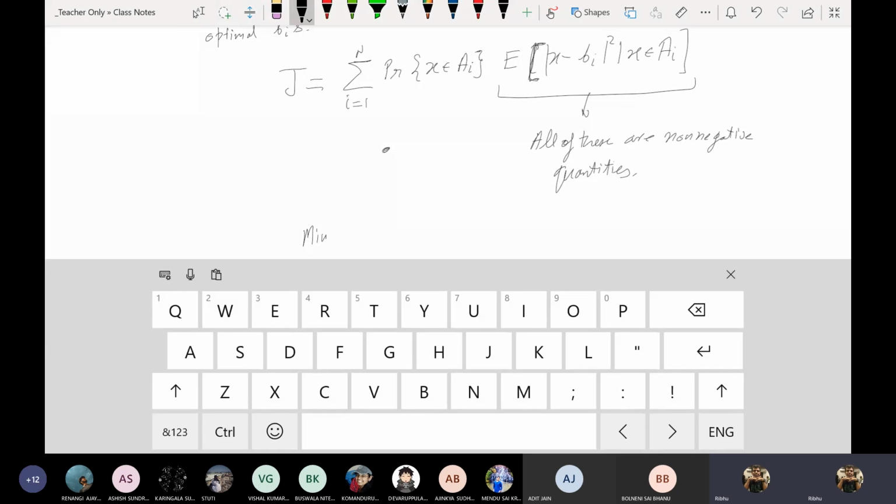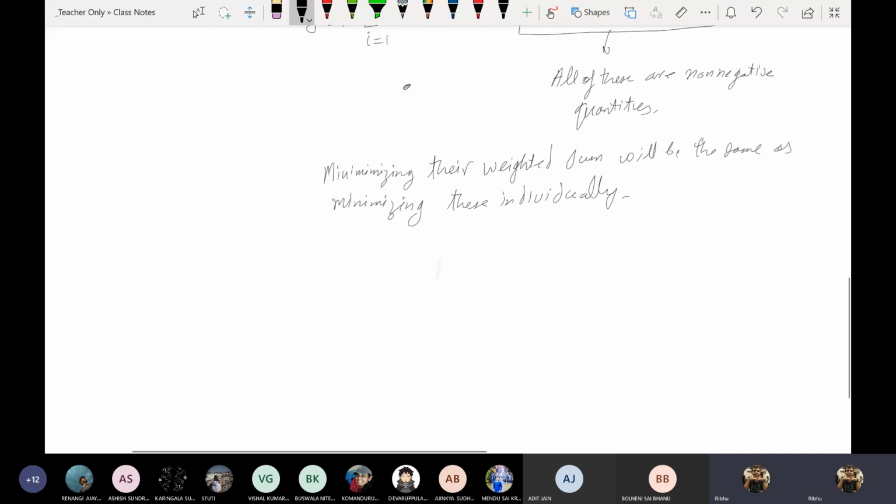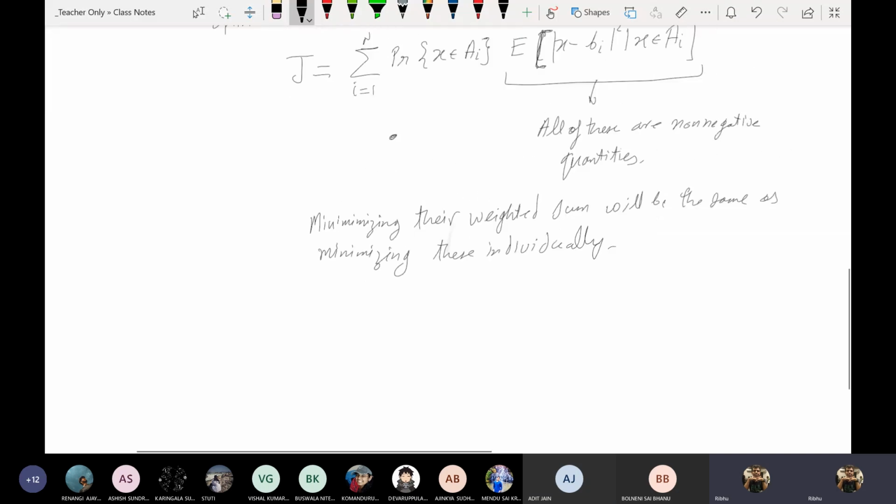minimizing their weighted sum will be the same as minimizing these individually. Minimizing the weighted sum will be the same as minimizing these individually, so instead of minimizing this sum,